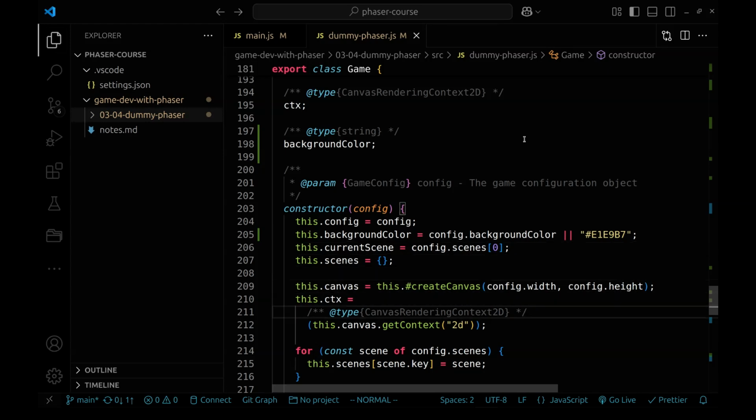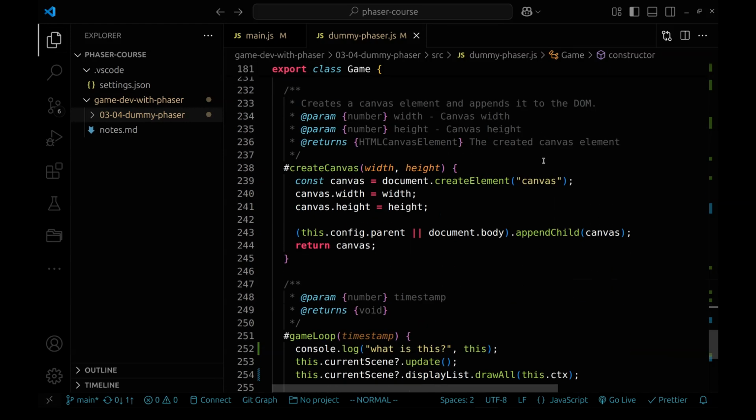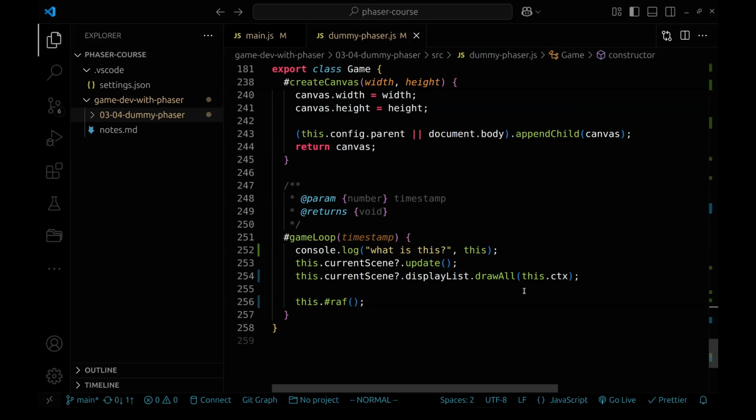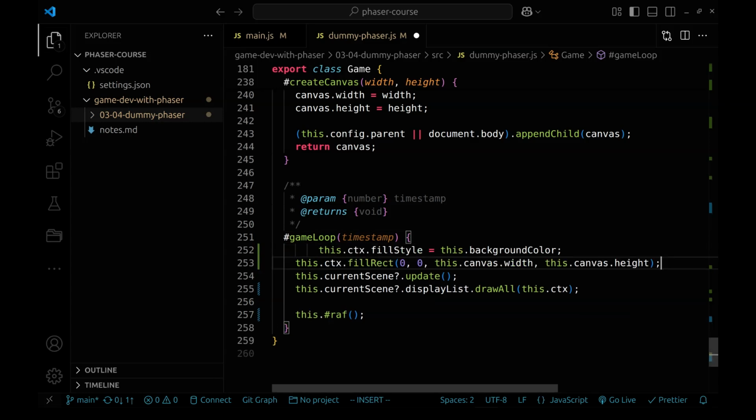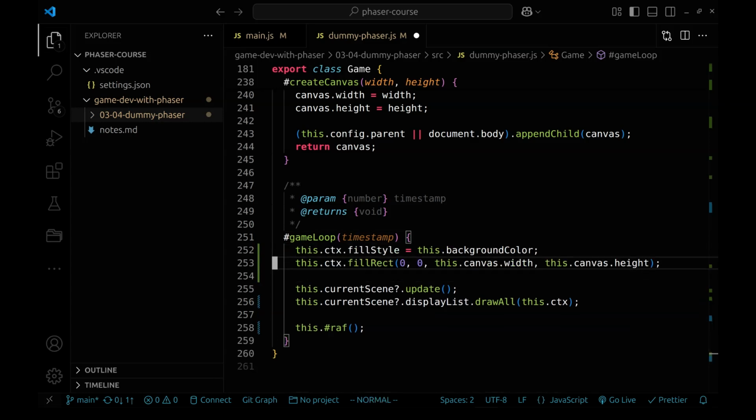All right, so now I have something to work with. I can remove this extra console log. And with that, we should be able to,